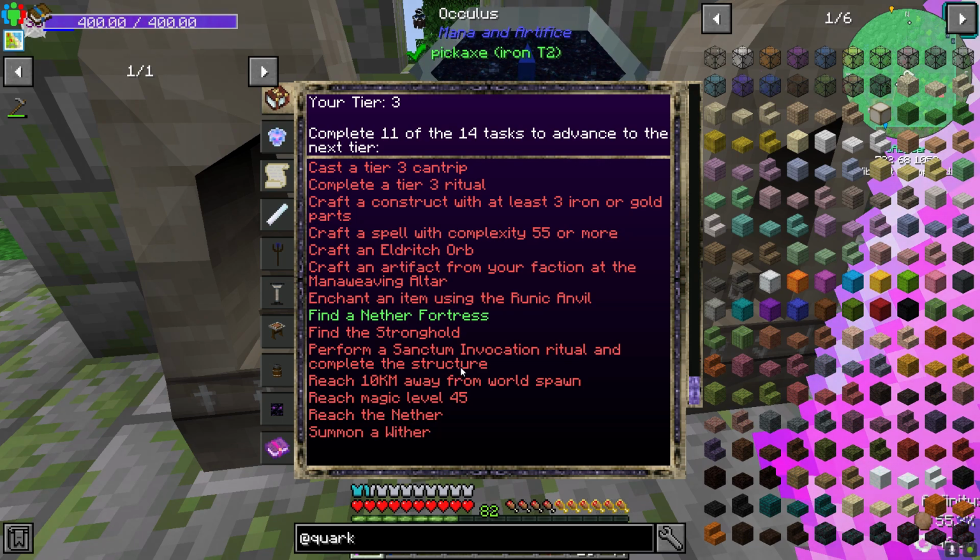Okay. And we have a few things here. We need to complete 11 out of 14 tasks once again. We need to cast a tier 3 cantrip. We have to complete a tier 3 ritual, craft a construct with at least 3 iron or gold parts, craft a spell with complexity 55 or more, craft an Eldritch Orb, craft an artifact from your faction at the Mana Weaving Altar, which is great because we have one of the best starting artifacts in my opinion, as one of the wizards. Enchant an item using the Runic Anvil, which we're going to get into, but not at tier